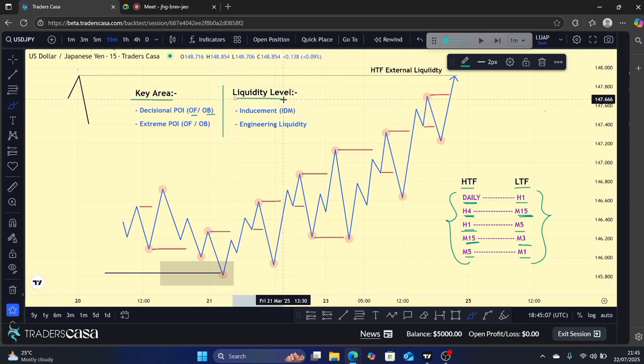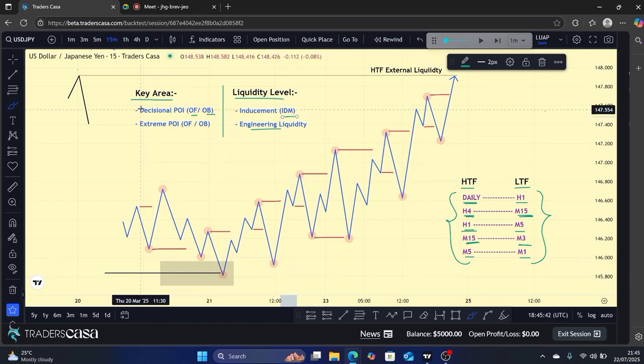The abbreviation for engineering liquidity is ENG LQD. I didn't add it here, but I believe you all know the abbreviation. For inducement it's IDM, and for the engineering liquidity it's ENG, then space LQD. It now depends on you if you'll be using caps or the lower case. Right, so right now here, when you see this black zone, this represents a key area,